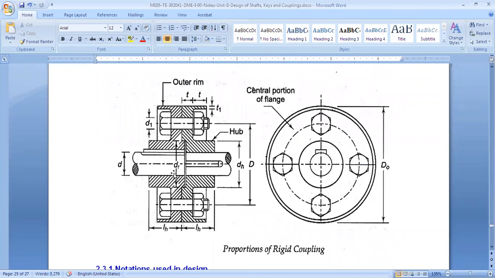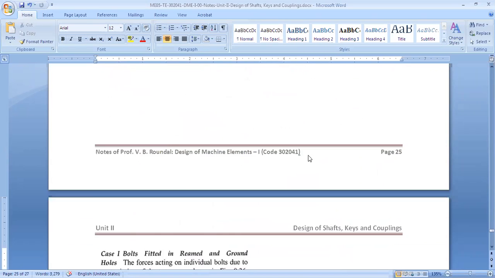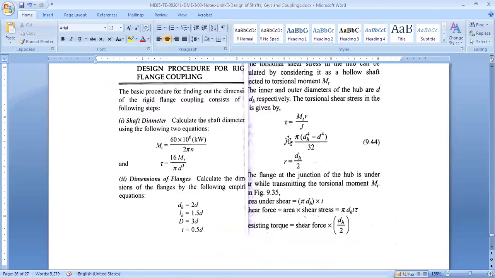Okay, so what is hub? Hub is basically a cylinder, hollow shaft, right? So it will have an inside diameter, outside diameter, and it will undergo torsional shear. So how will it fail? This is how it will fail. Tau is equal to MT upon J. J is equal to pi, J for the hub. Hub is what? Cylinder. Inside diameter is diameter of the shaft. Outside diameter is diameter of the hub. Right. So DH raised to 4 minus D raised to 4 into pi upon 32 will be the J. And R is DH by 2, hollow shaft.